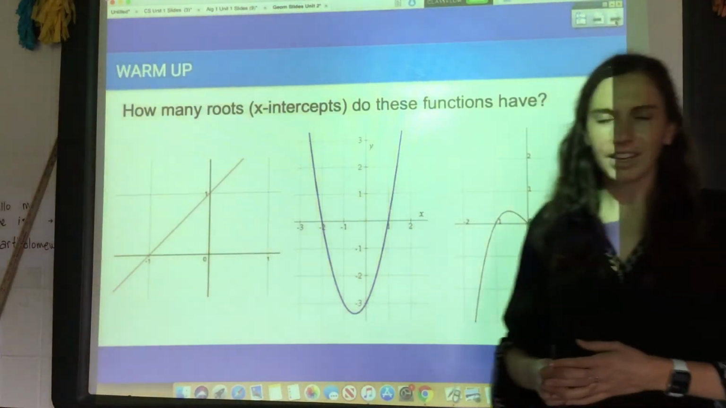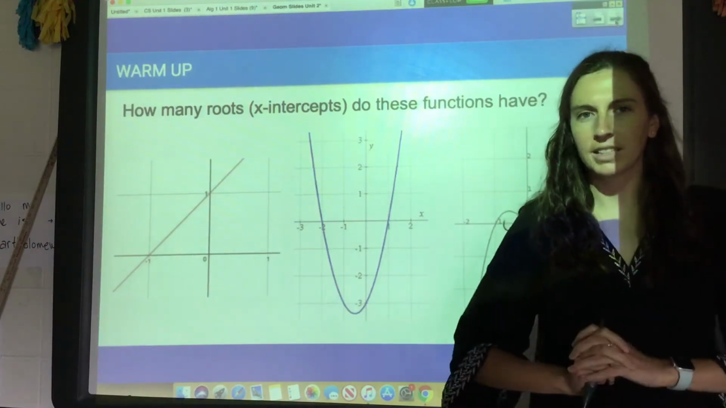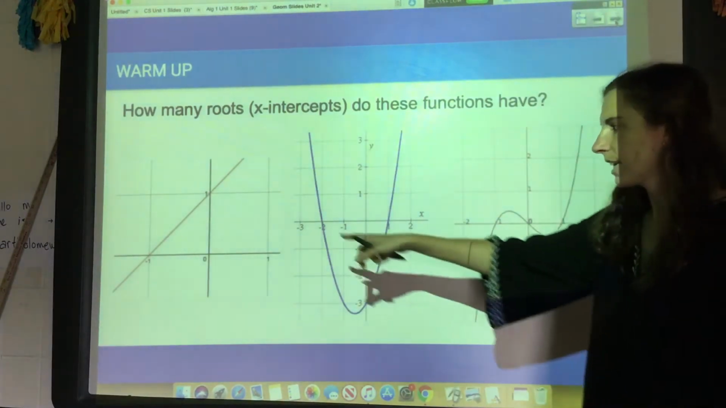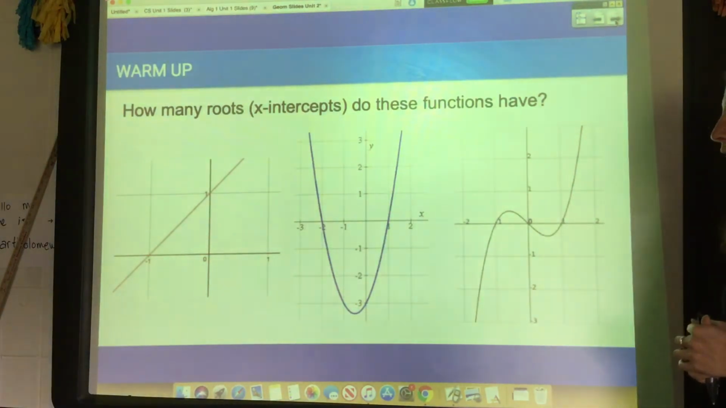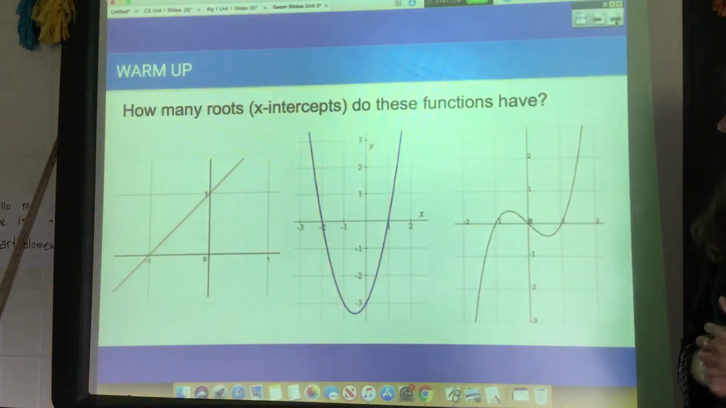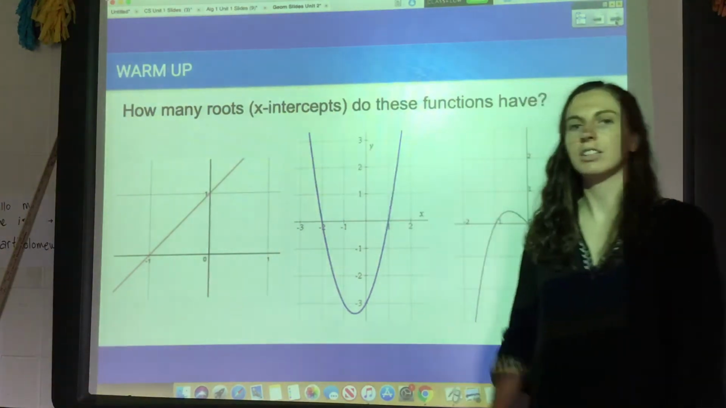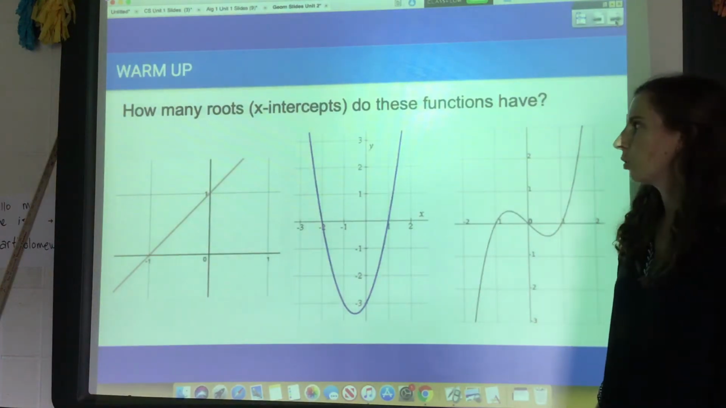So this video is an introduction to what we call the fundamental theorem of algebra. And as a little warm-up, take a second and look at these graphs, pause the video and see how many roots do you think these functions have. Remember, roots is the same thing as just the x-intercepts of the graph, also called the solutions sometimes, or the